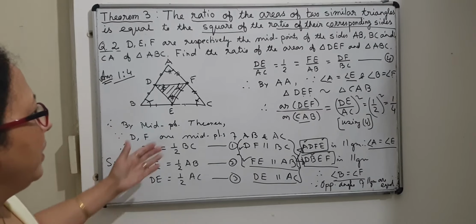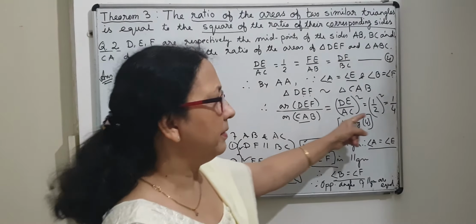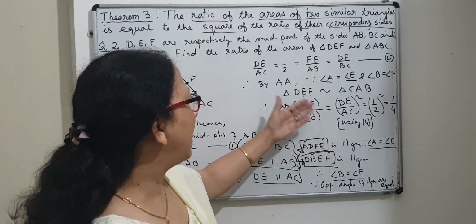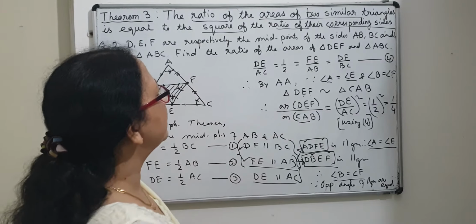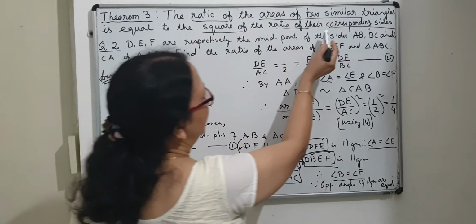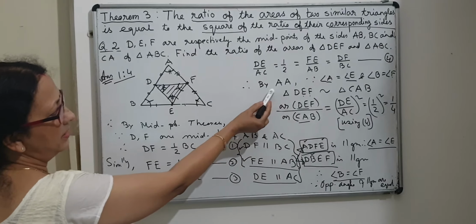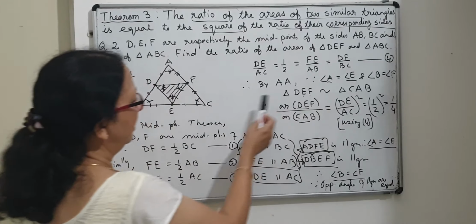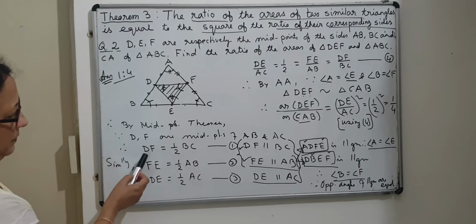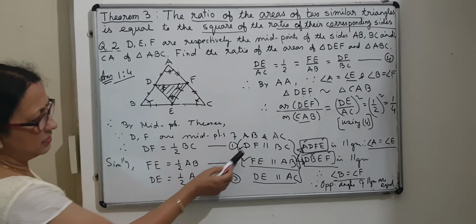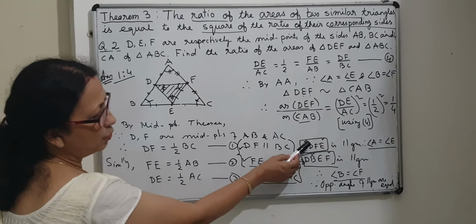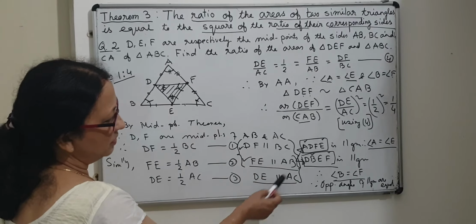So we have applied the theorem here, but for that we have to satisfy the condition for the application of the theorem, that is, the triangles have to be similar. For proving the triangles to be similar, I have to find two equal angles, and for that I will use the midpoint theorem. Okay, that is, these were parallel. So from this I got two parallelograms, and I can use the third also.